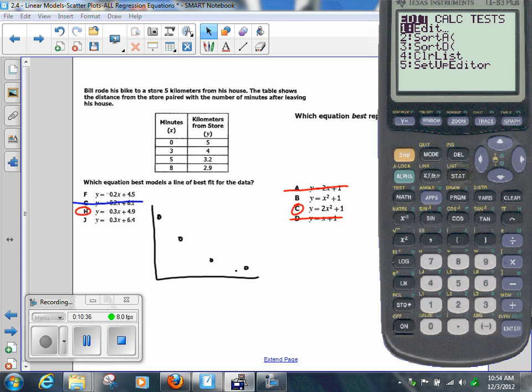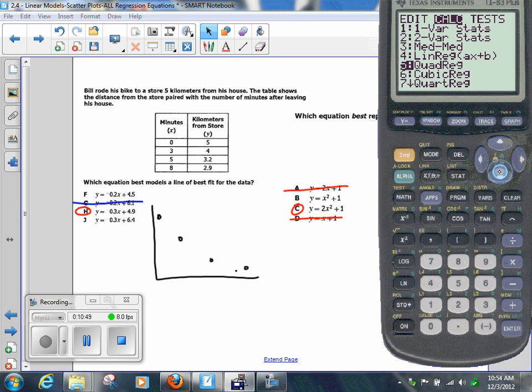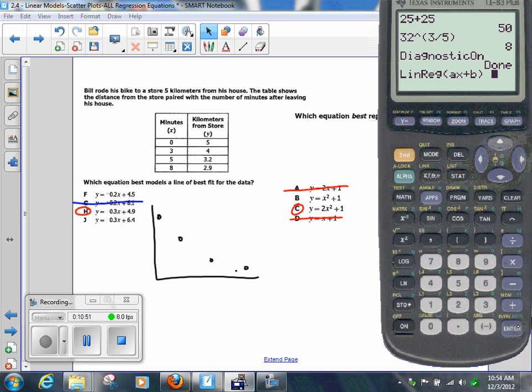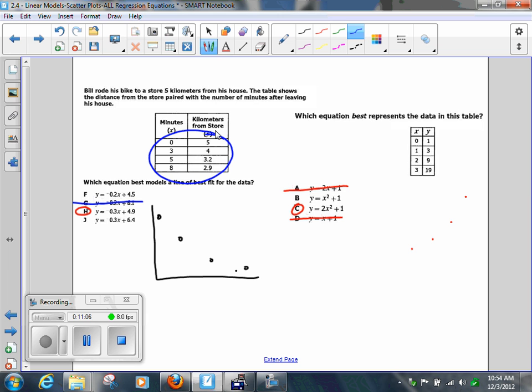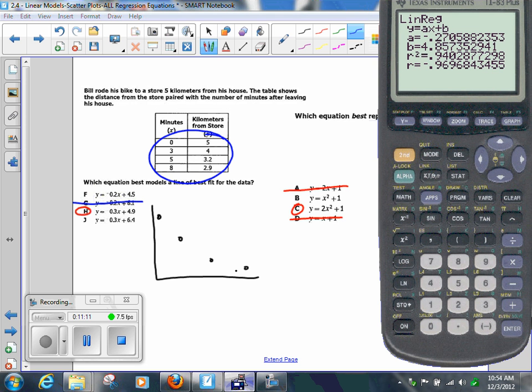If we go to Stat Calc, line reg. Line reg is going to give us line reg, because it is a straight line. Look at what it gives us. Remember, it's giving me the linear regression line, or the line of regression, for this set of data. You guys with me? So this is saying that my equation is going to be